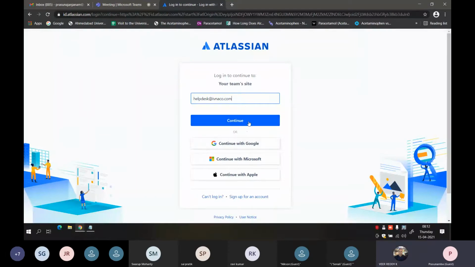This gives you an advantage and also a disadvantage. For example, I've already logged into my email ID, and once the account is created, I need not remember the password of Jira. If I simply say continue with Google, it will take my ID and let me log into it.